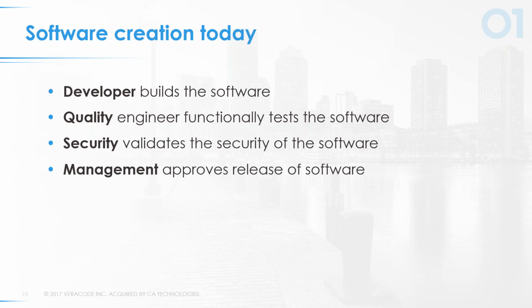Management does the approval of the software, so it's not uncommon for you to have a change request email, and this is largely built out of segregation of duties and being able to audit the changes in your environment, where I'm going to ask my management, can I release the software? Can I change production?